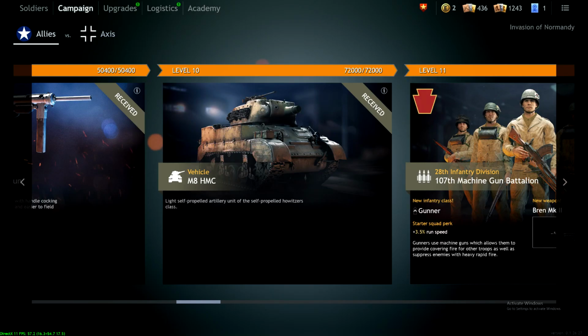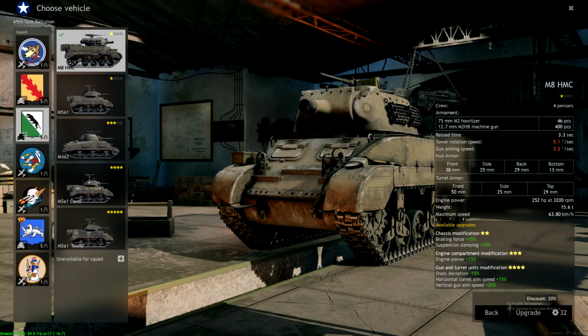Level 10, you get the M8 HMC. Now, the M8 HMC, in my opinion, is just very janky, where it's just a howitzer and a light tank that can penetrate Panzer IIIs and Panzer IVs on the sides and everything like that. It's just very janky, and the problem with it is that it's a howitzer, so it's going to have a